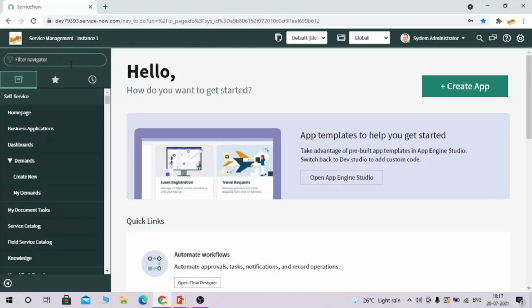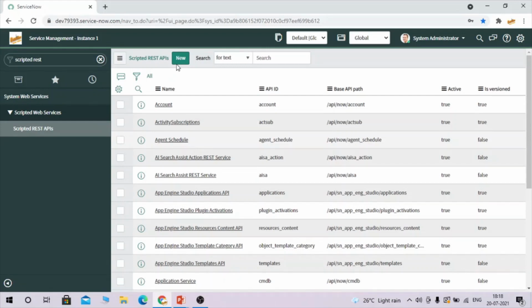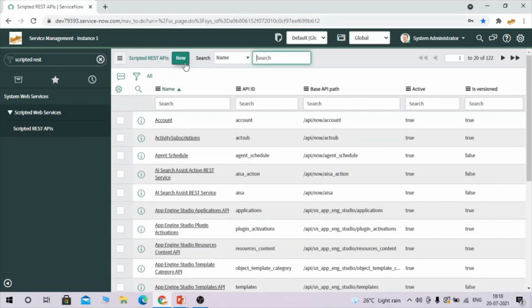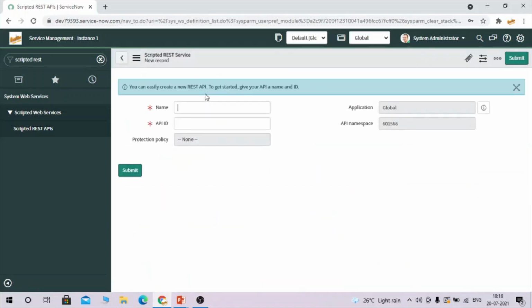So let's navigate to the scripted REST API form. Okay, so for the name I'm giving demo test.